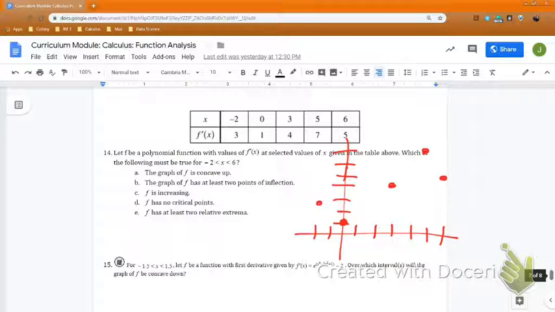Now, it's not necessary to graph this. I think it's helpful to graph it since these are notes and it's helpful to visualize what the graph actually looks like. But if you could look at the table and answer this question, that's totally fine. You don't have to show work in order to answer it since it's a multiple choice question. All right,